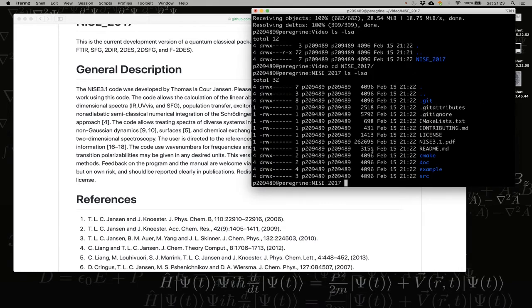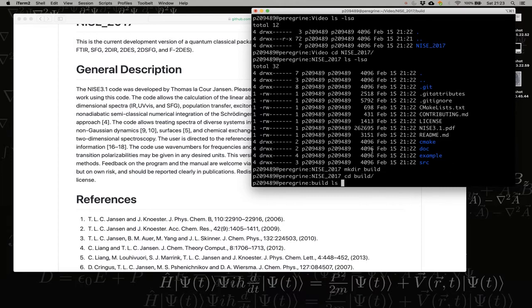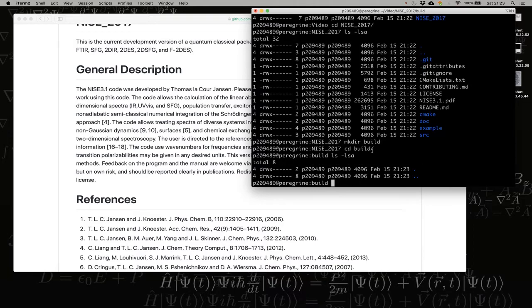Now we want to install the program. In order to do that, we first make a new directory. We call it build, and we change into that directory. And the directory is then empty, as we can see here. And we now need to build the program. But before we do that, we have to see which modules to load. And we can do that with the